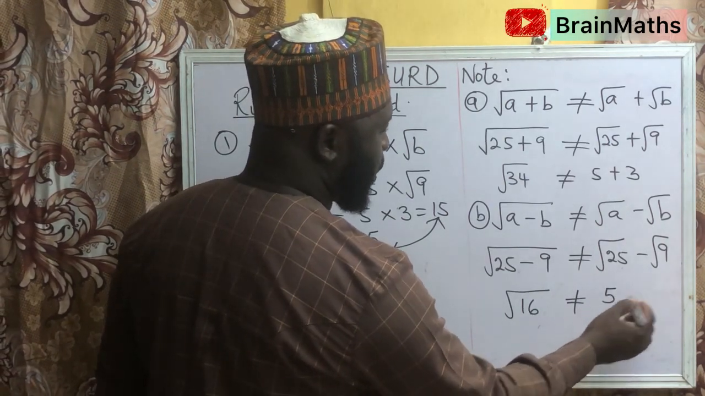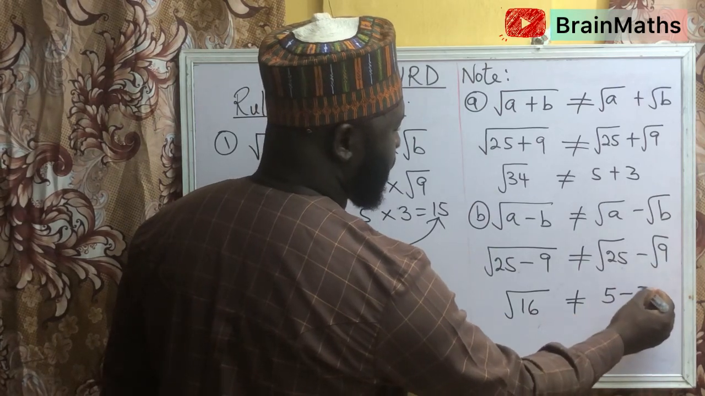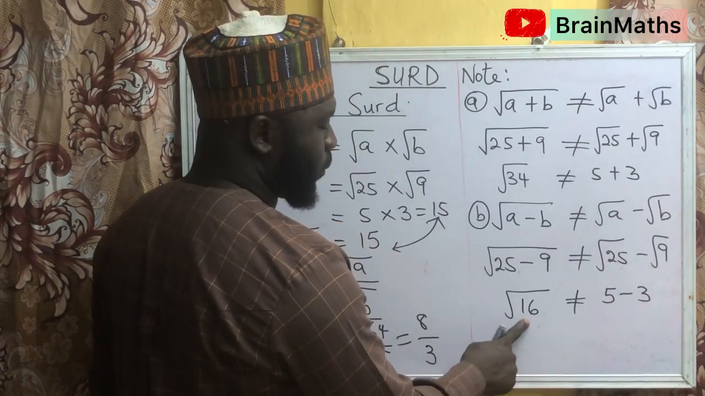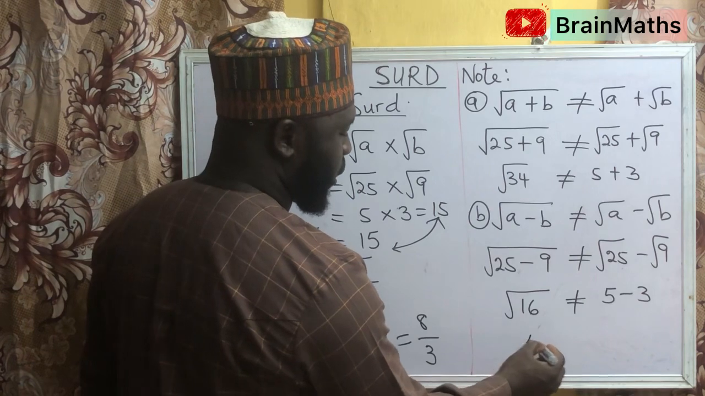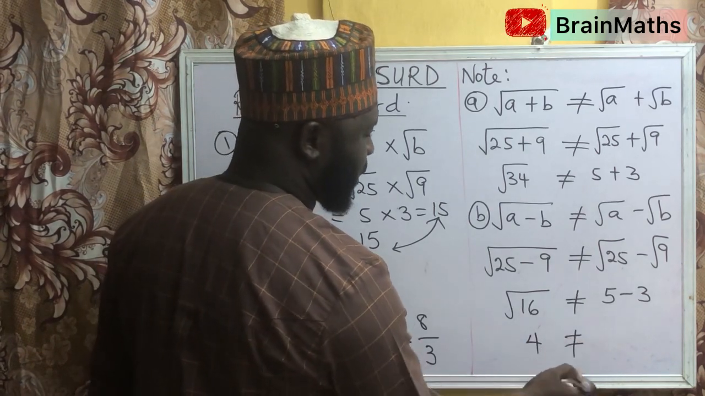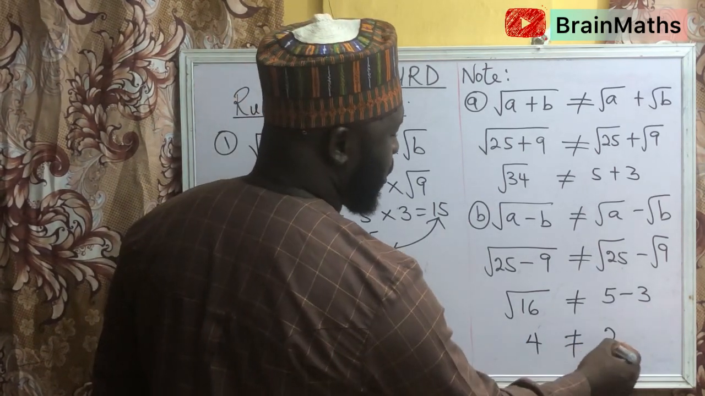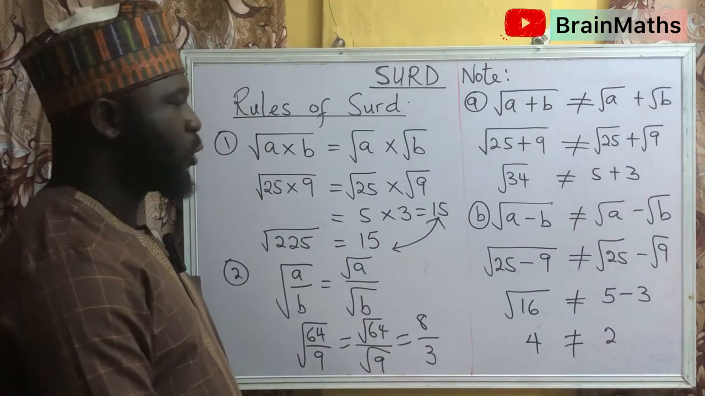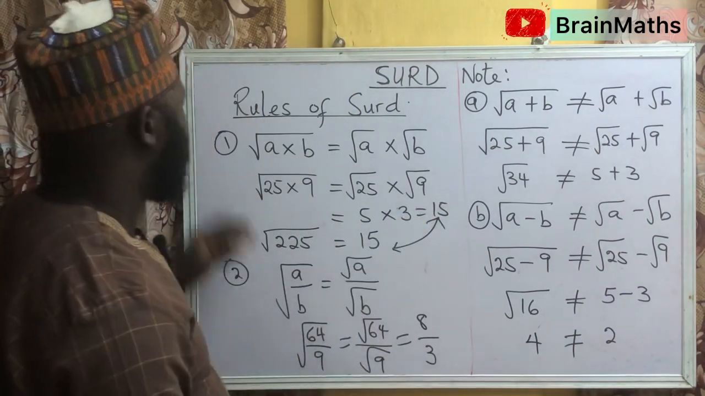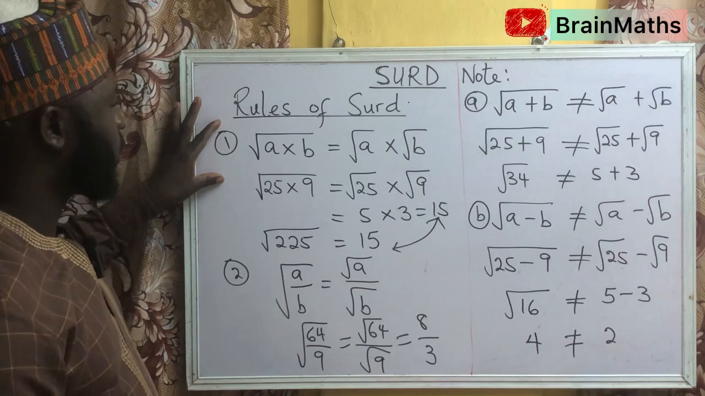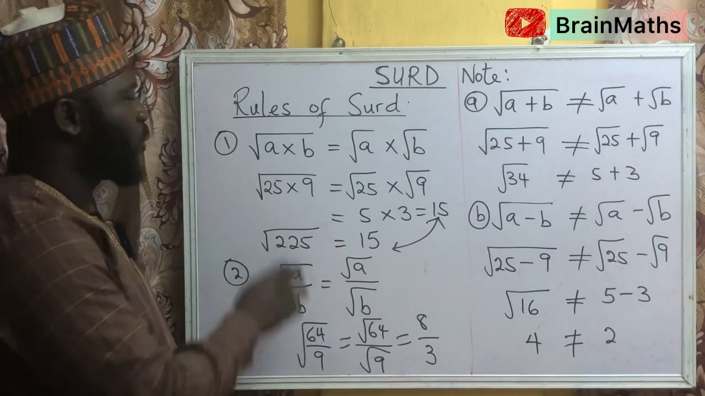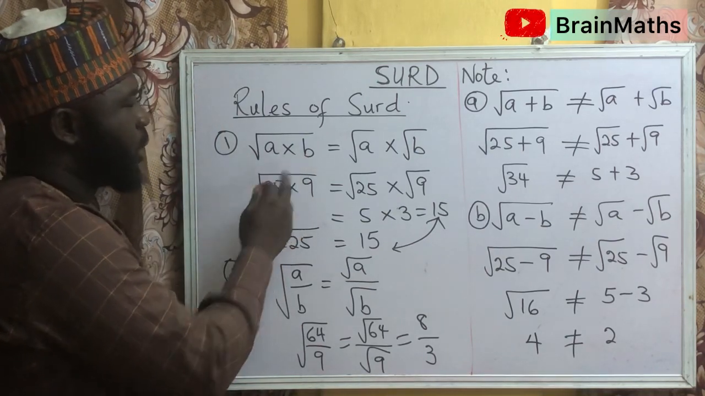The square root of 25 is 5, and the square root of 9 is 3. So the square root of 16 is 4, and that is not equal to 5 minus 3, which is equal to 2. So from what we have seen here, the rule for multiplication suffices that whenever we have a times b